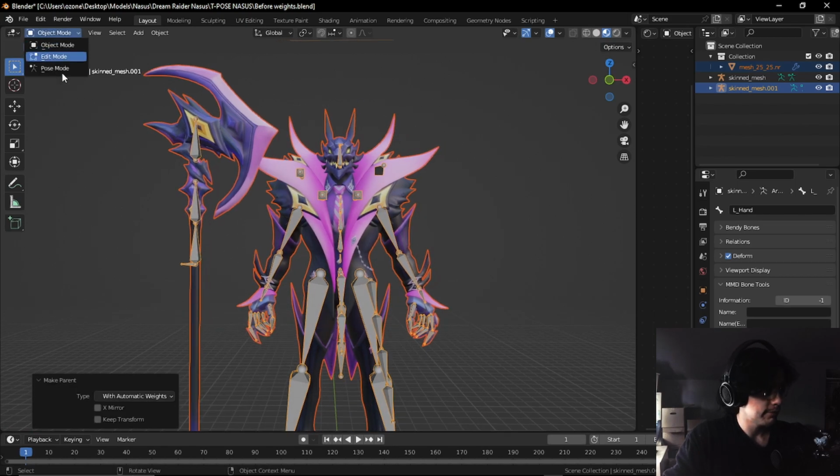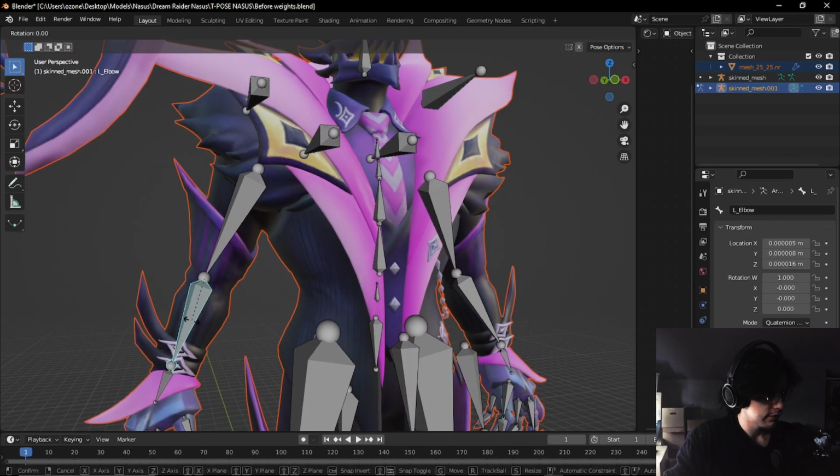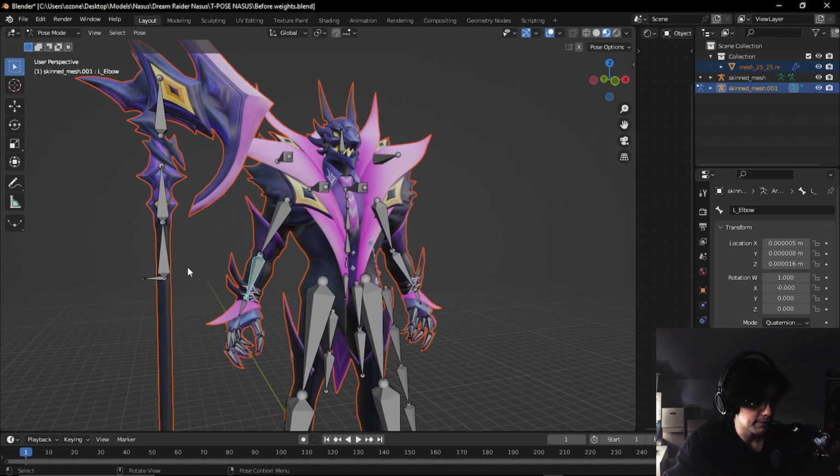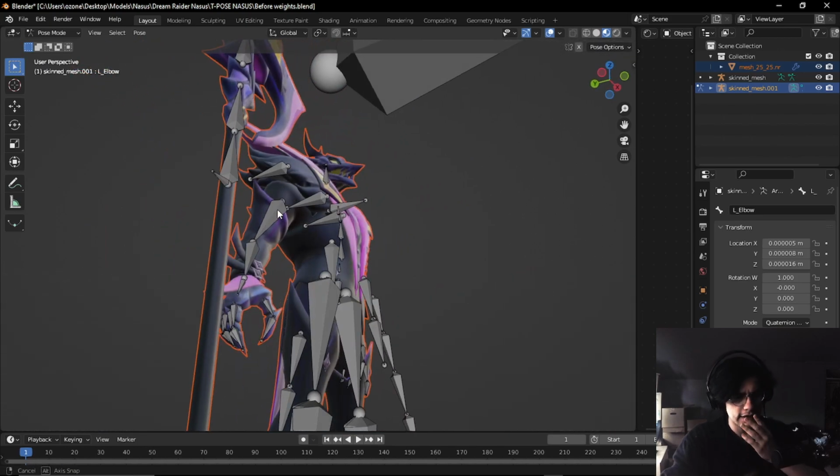Then if we go into pose mode, you'll see that the bones don't turn quite right. This is because during the automatic weighting process, it is not assigning the bone weights to the mesh properly. Now, like I said, I'm not that good of a rigger, so I'm not sure why this could be, but